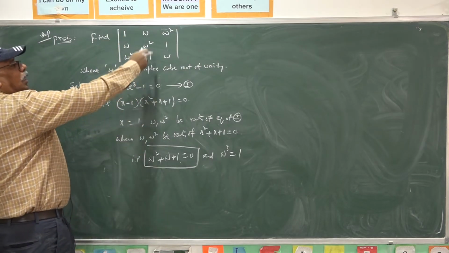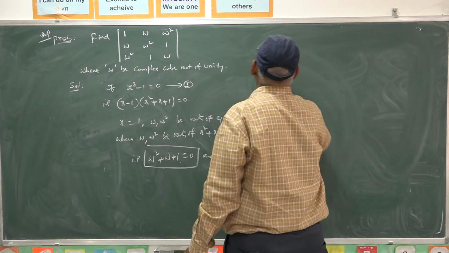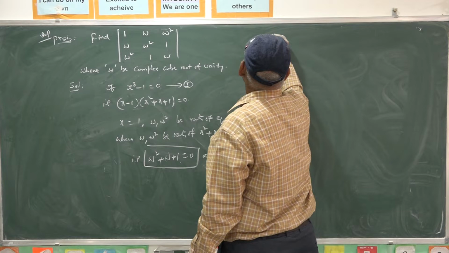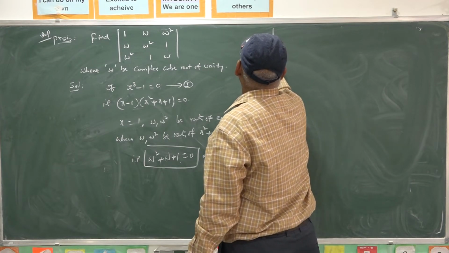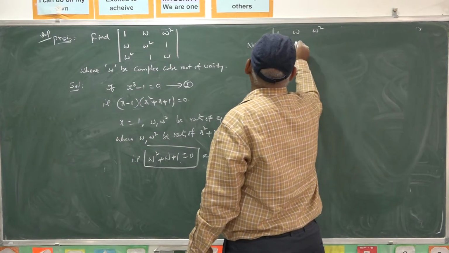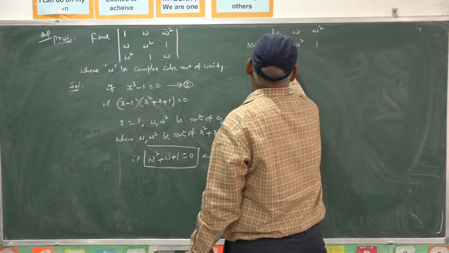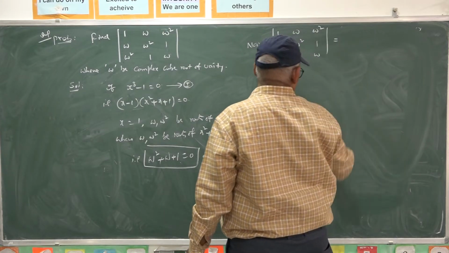Then the required determinant value. Now consider 1, omega, omega square; omega, omega square, 1; omega square, 1, omega. This is